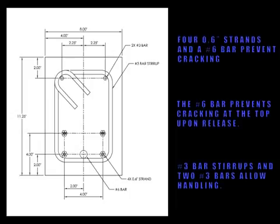11 1/4 tall beam. There are 4 6-inch strands and a number 6 bar in the lower half for tensile stress resistance. The number 6 bar was used instead of another strand, as a 5th strand would cause the beam to crack upon release. 4 number 3 bar stirrups and 2 number 3 bars were used to keep the beam intact